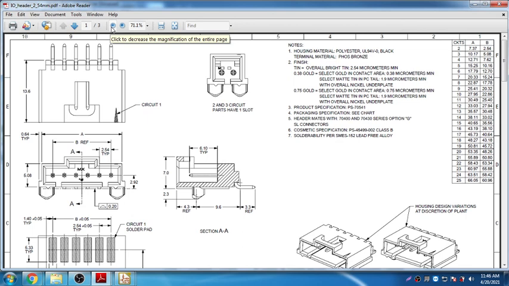So the gap from this point to this point, they have not given, so we can actually calculate what that is. Here it says that a is 7.37. So 7.37 is the a, and b, if you calculate, for the 2 pins it is 2.54, right?